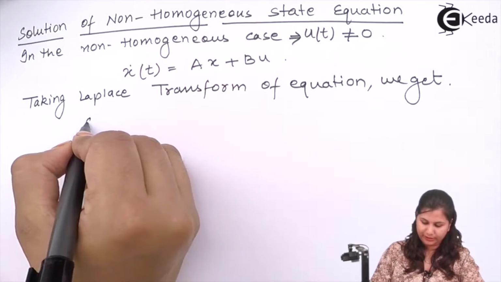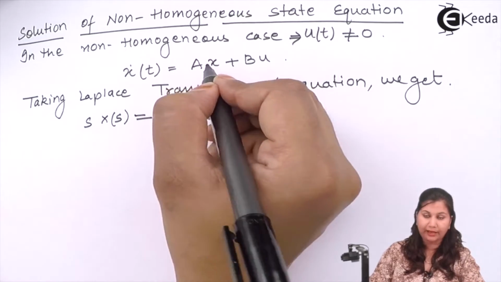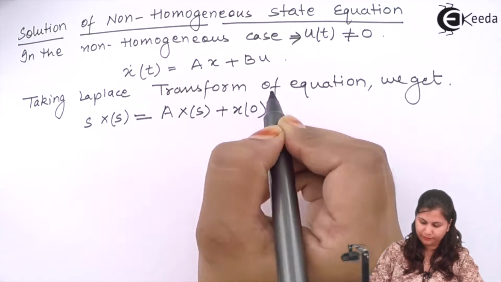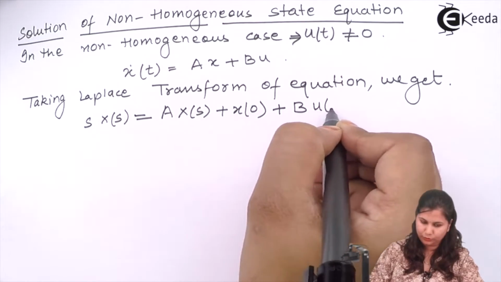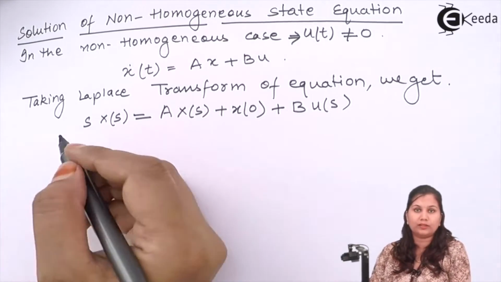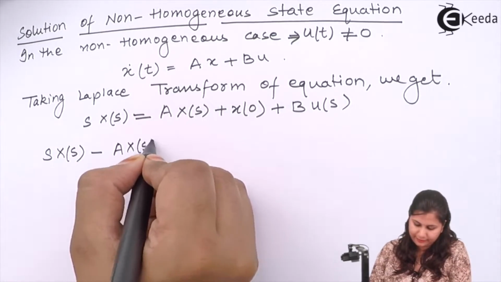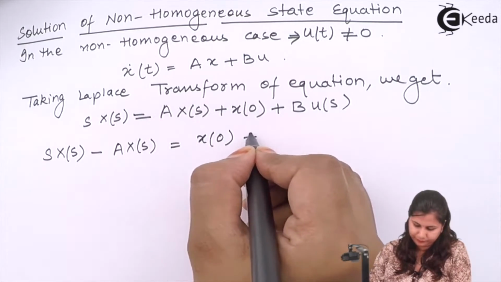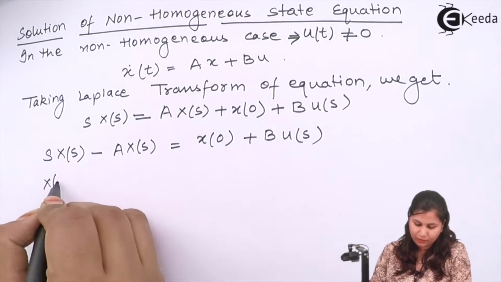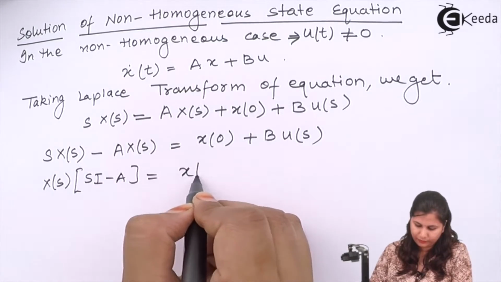the Laplace transform of x dot(t) is sX(s) minus x(0), which equals AX(s) plus BU(s). Now taking this AX(s) to the left hand side, we will have sX(s) minus AX(s) equals x(0) plus BU(s). Taking X(s) as common, we will have (sI minus A) X(s) equals